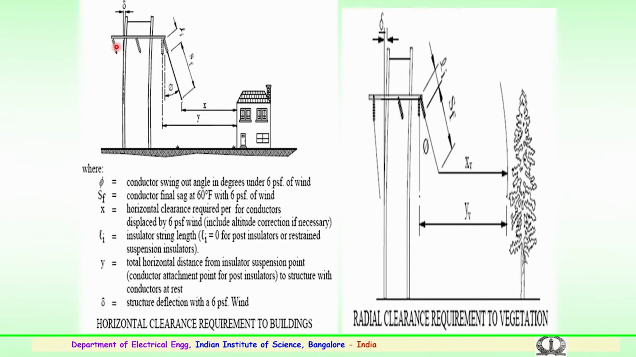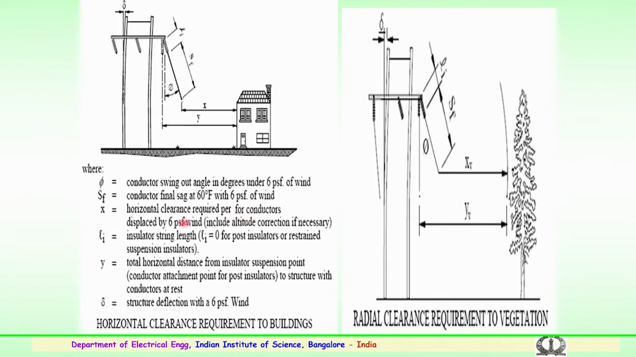You can very clearly see this is the distribution tower. This shows the insulator string. There will be a swing during wind or vibrations or heavy winds. So, this angle of the swing is known as phi. So, this phi is the tilt angle of the horizontal suspension insulator, and the distance here, the minimum clearance, is x. So, x is the minimum horizontal clearance required